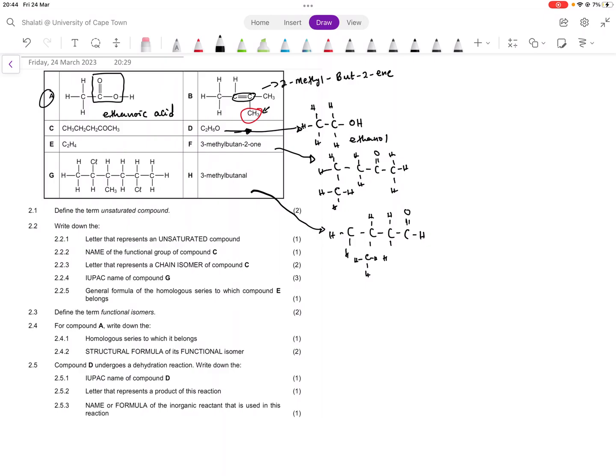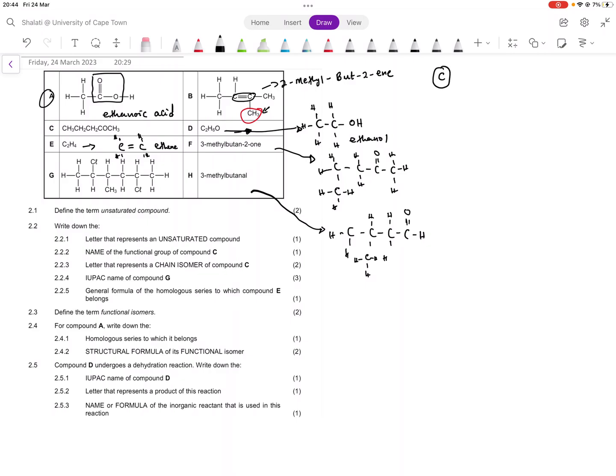So when we go to E, we have 2 carbons, 4 hydrogens, so that tells you we have a double bond here to complete the bonds. So this one is ethene, and then I'm going to draw structure C here. So C,